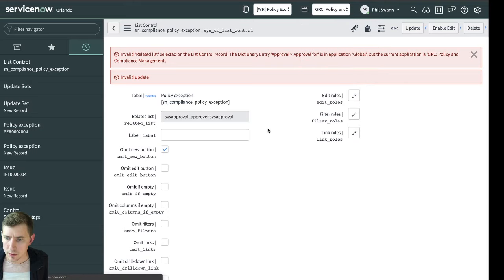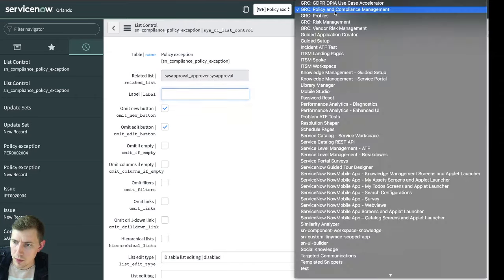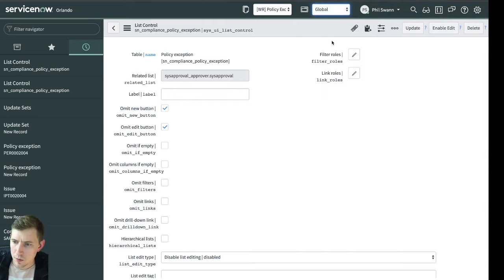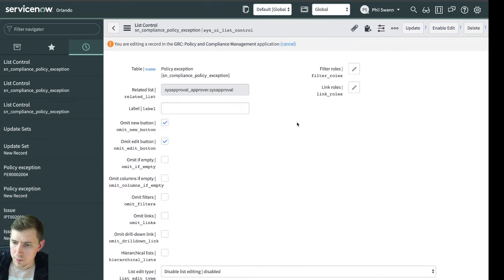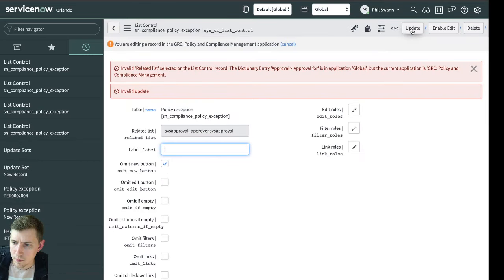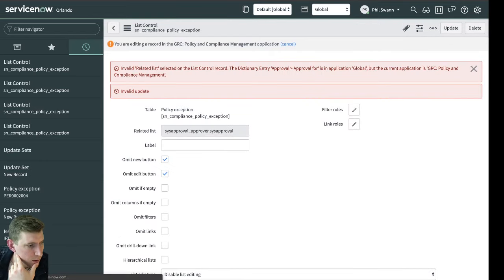this does happen sometimes. Yeah, it doesn't let me save that even though the list control is on the compliance table. So if I change it to global, it won't let me edit it. I forget what happens here, how we can get around this. Okay, so we've got